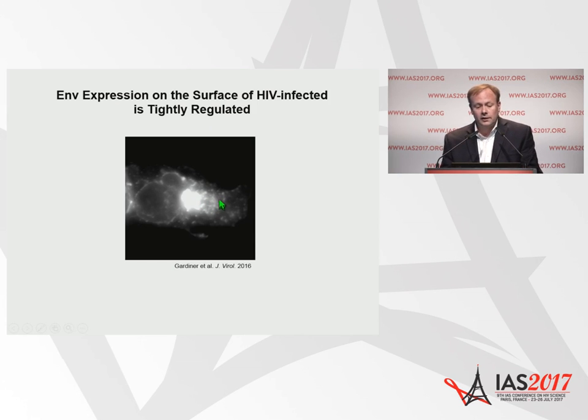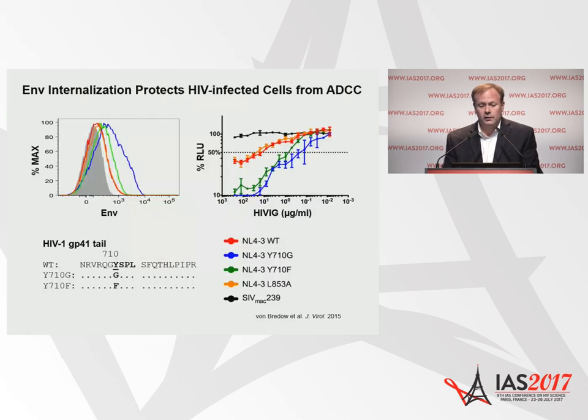There's some punctate staining in endosomal vesicles, but relatively little on the surface of the infected cell. This reflects the effects of cellular trafficking motifs in the cytoplasmic domain of envelope, in part. One of the best characterized of these is a tyrosine-based endocytosis motif close to the transmembrane region of the protein. It's been known for quite some time that if you introduce mutations into this conserved AP2 binding site, the result will be an increase in envelope expression on the surface of infected cells.